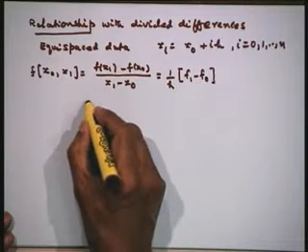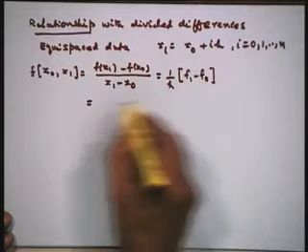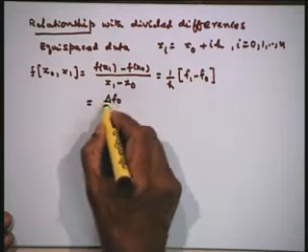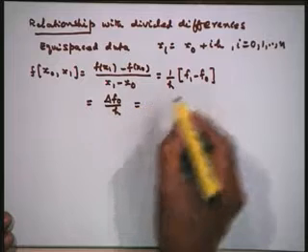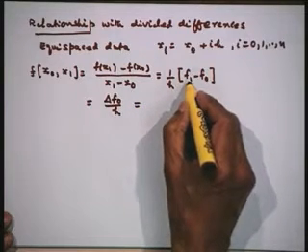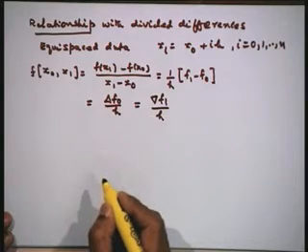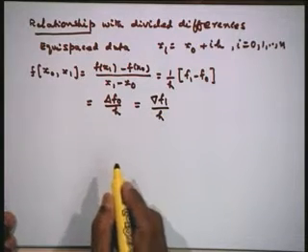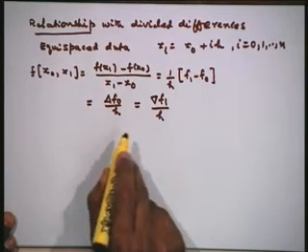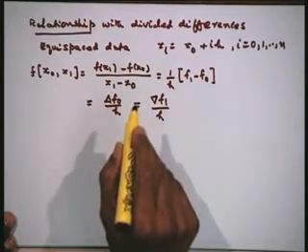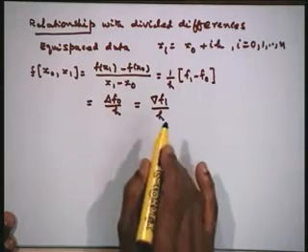Therefore, this is equal to forward difference with respect to x naught. So, that is delta f naught divided by h, and I can also look at it as the backward difference with respect to x 1, that is I can also write this as backward difference with respect to x 1 divided by h. Therefore, when the data is equispaced, they are all equivalent, and the location of the divided differences or the location of the forward or backward differences can all be connected to this particular relationship.